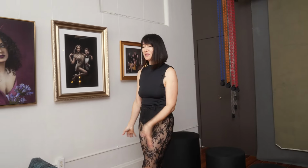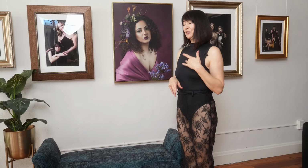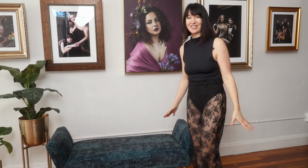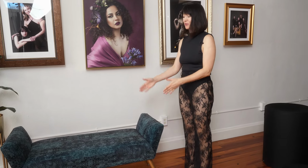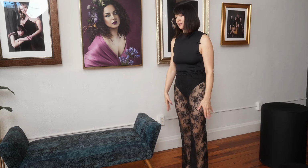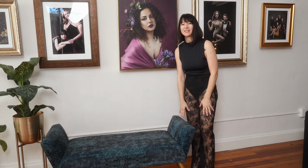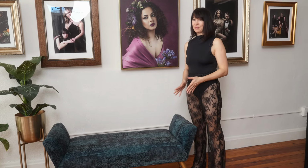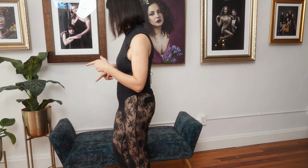Okay, so we're moving to this side of my studio with the bench. And you're going to see many of my sessions where I'm using this bench. I love this bench because it has two armrests on the side. Not every bench has armrests, so this bench has, and I'll show you how they help me to achieve dynamic